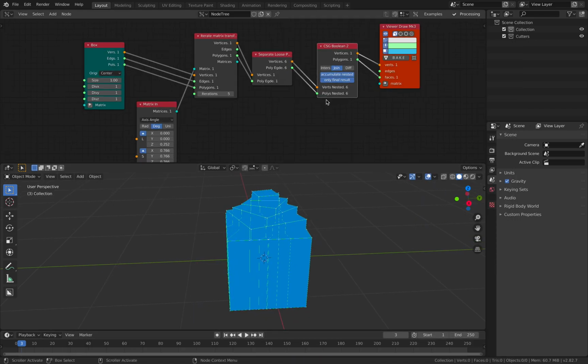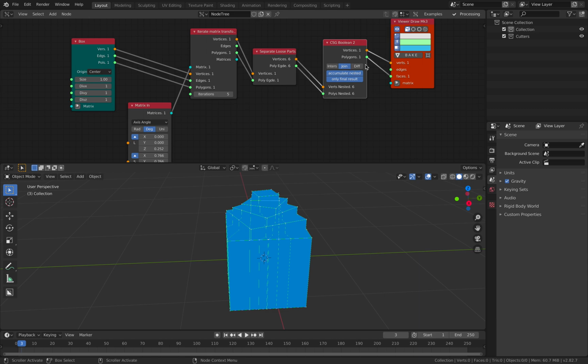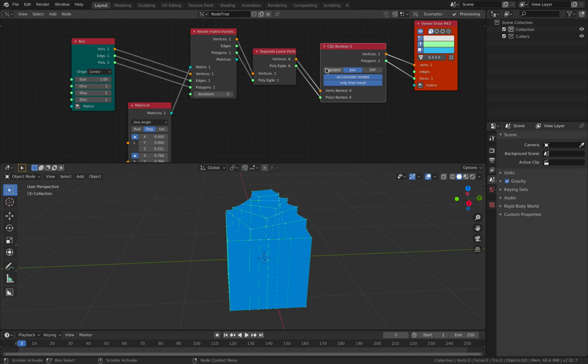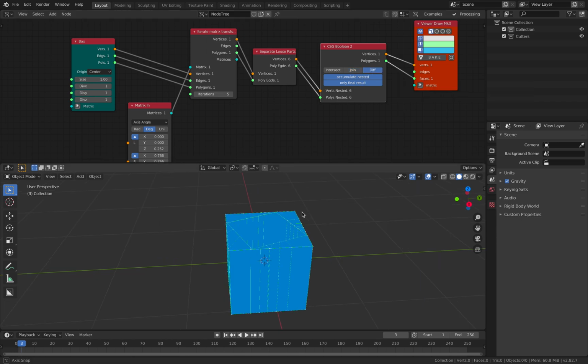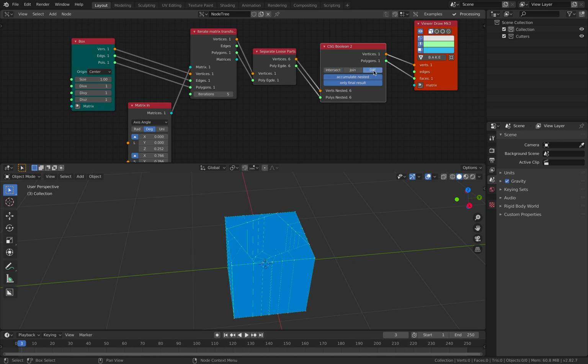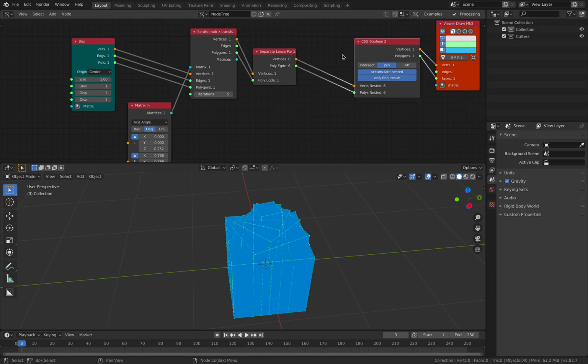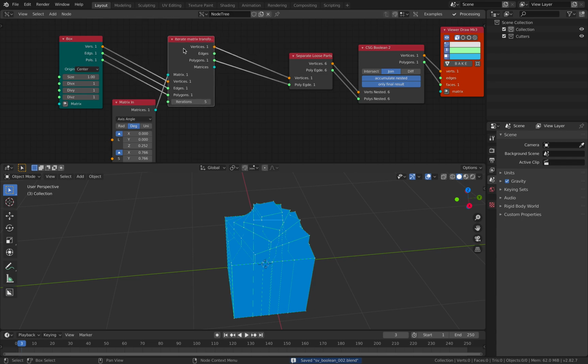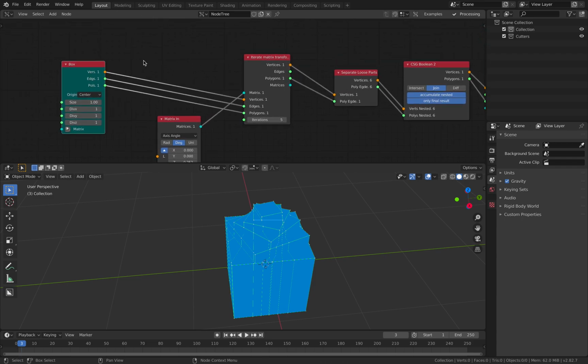So other than join, you can also use intersect and difference, of course. Join is union. This is all Boolean, but a different type of Boolean. It's happening inside Sverchok. If you use difference, you get a hole. If you do it properly, you might get something that's a little bit like an onion. Maybe if you actually solidify beforehand. I don't know, I haven't tried this, but if you solidify,